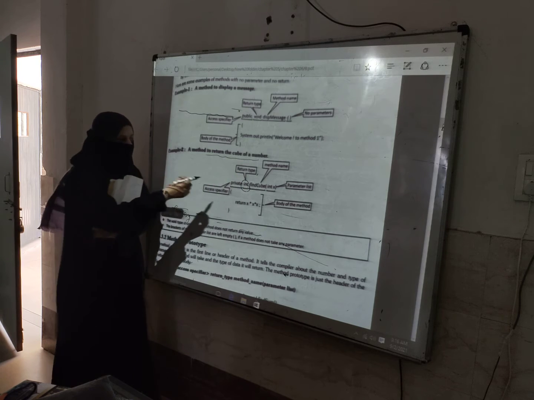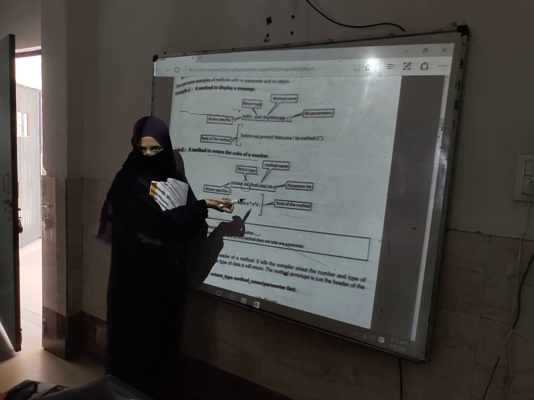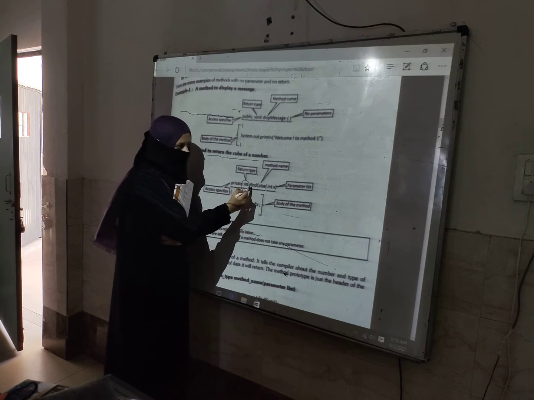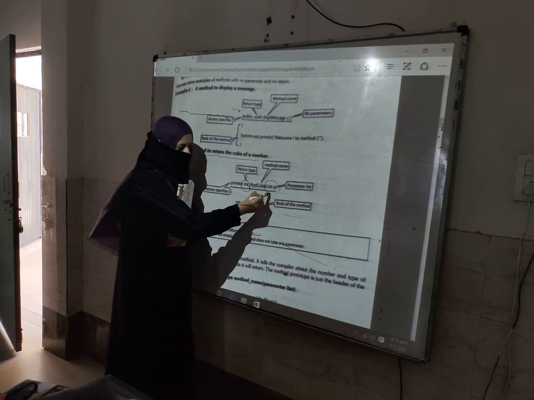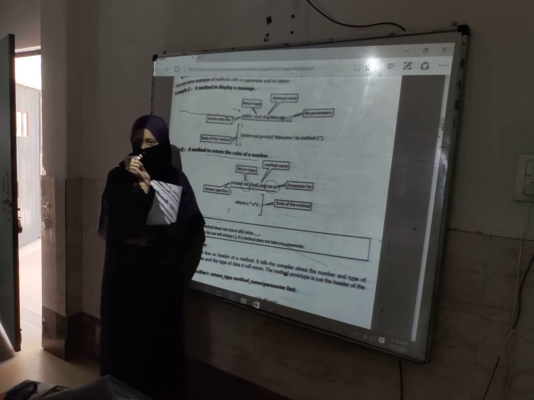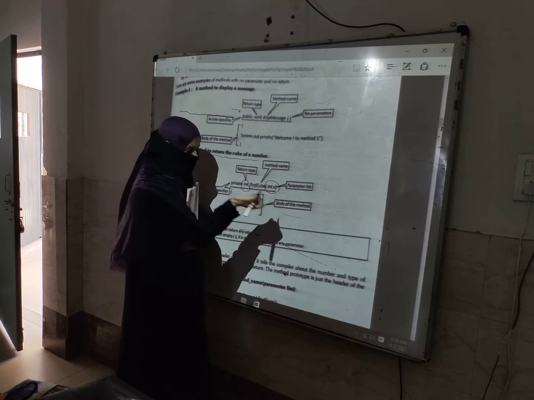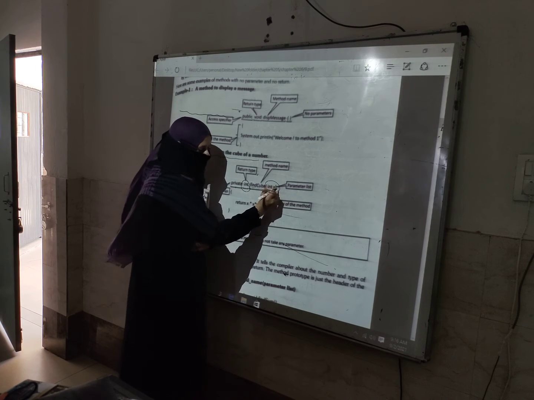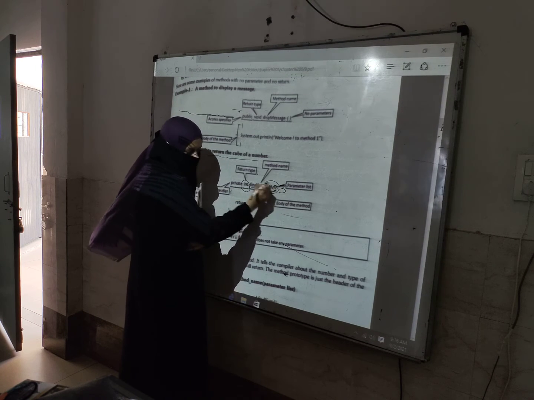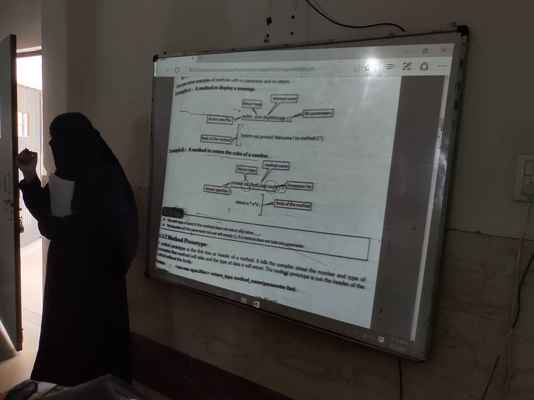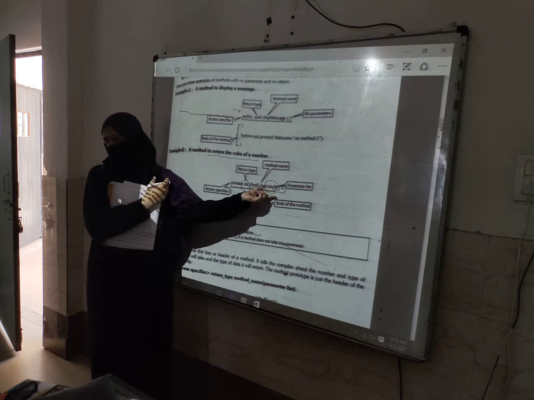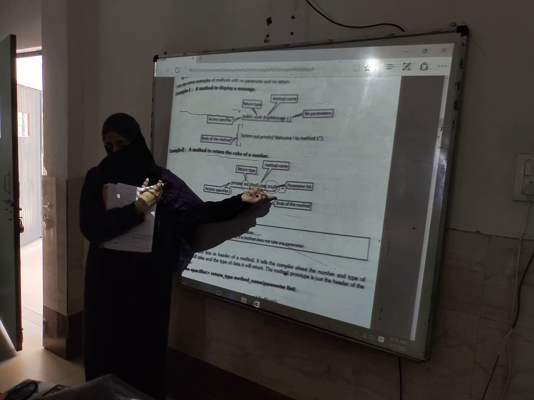Public is the specifier you already know. Int means return type. This is the name of the method, and this is the parameter list. If you want to find the cube of a number like 3, you pass the value 3 in x.